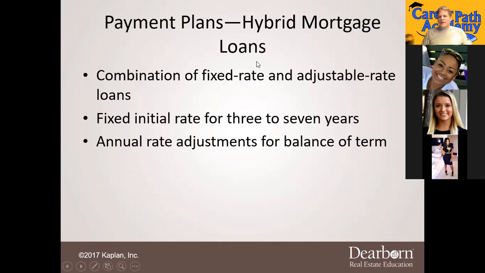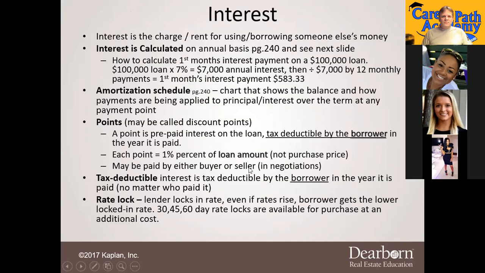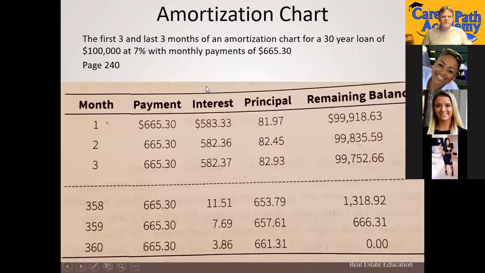Hybrid mortgages, like I told you, are adjustable rate mortgages that are fixed for a period of time and then they become adjustable. All right, a straight loan is an interest only loan. Okay, we're going to go over how interest is calculated, but first,